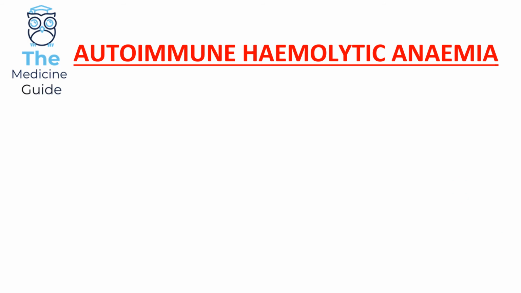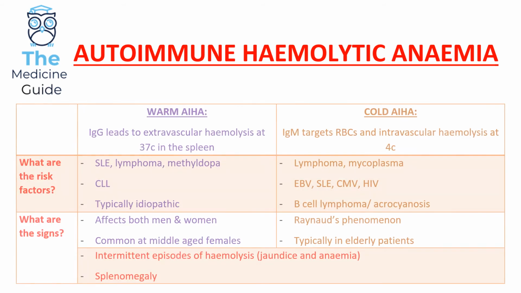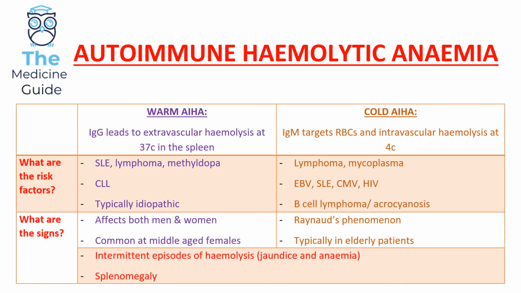Now this is the last condition of the day. We're going to cover autoimmune hemolytic anemia. So there are two types of autoimmune hemolytic anemias. We've got warm autoimmune hemolytic anemia, where we've got IgG leading to extravascular hemolysis at 37 degrees in the spleen. And conversely, there's cold autoimmune hemolytic anemia, where IgM is targeting the red blood cells and it leads to intravascular